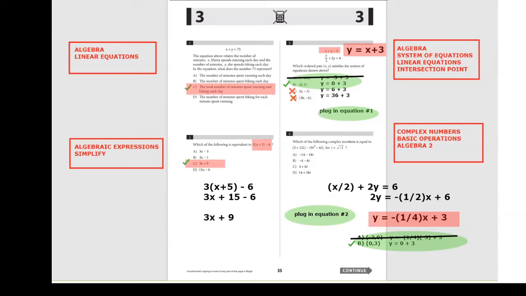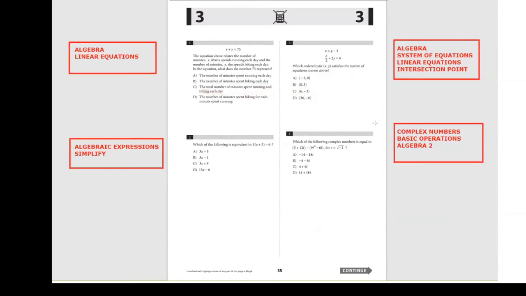Okay, the board is getting crowded, so I will save this to slides here for number 3. Let's go to question 4. Brendan, can you read question 4? Very good. Which of the following complex numbers is equal to 5 plus 12i minus (9i squared minus 6i)